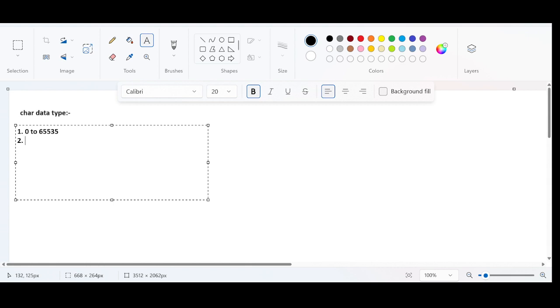And we know that this character data type is an unsigned data type. It means it is not going to support negative values. The third valid point is the size of the character data type is 2 bytes, which is also equivalent to 16 bits. So when you want to represent this in memory, 16 bits of registry will be created. The fourth point is